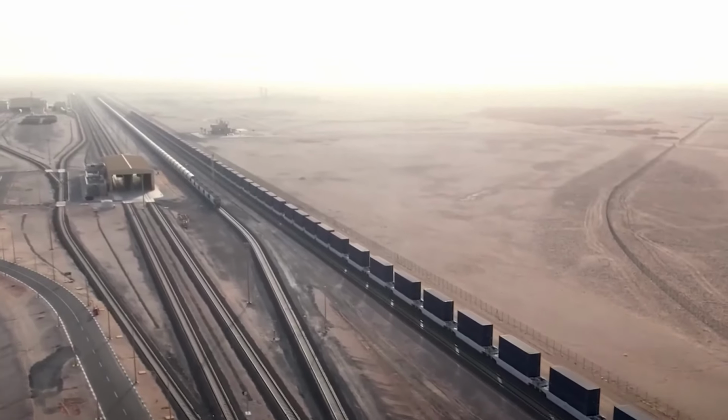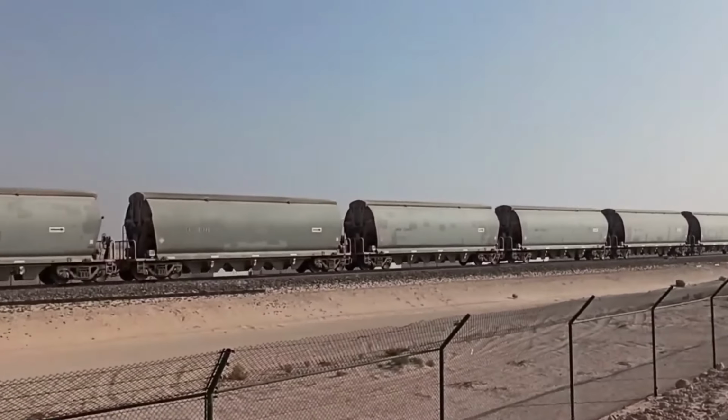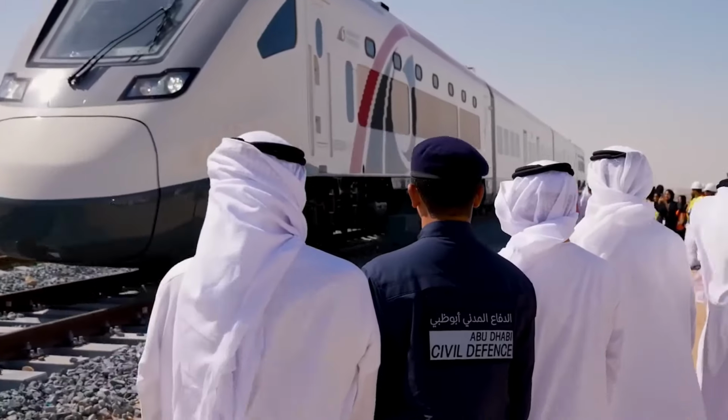A strong railway infrastructure would help these governments tap into these untapped natural resources, boosting their economies further. Professor Amory noted that such infrastructure is crucial for accessing and exploiting these resources efficiently. The project is set to transform the transportation landscape of the region, fostering economic growth and reducing dependency on oil